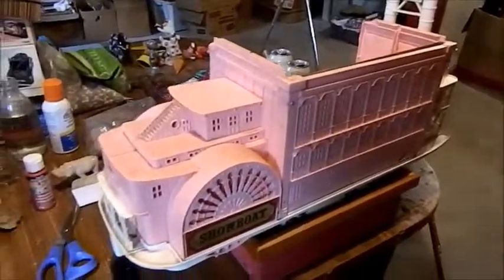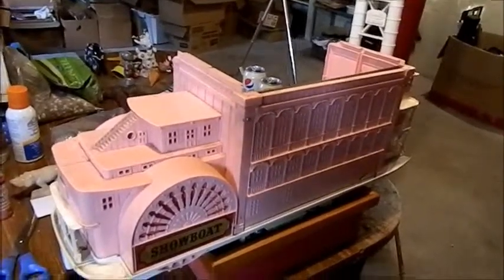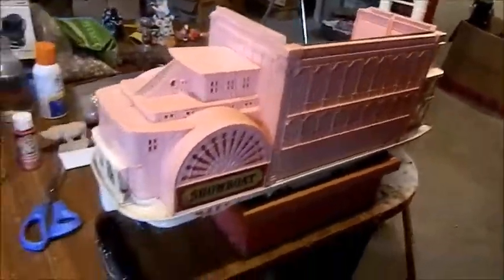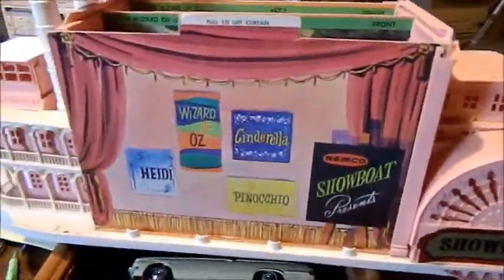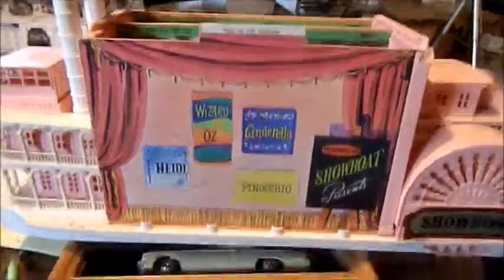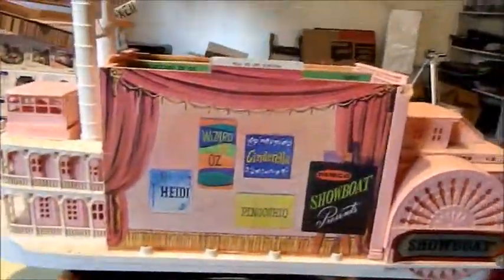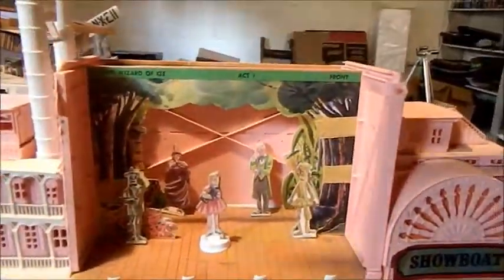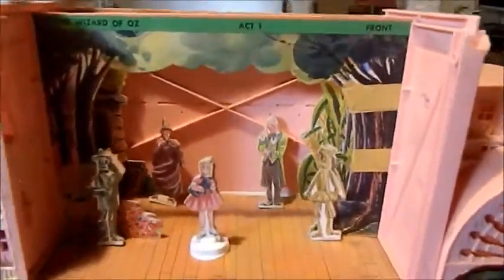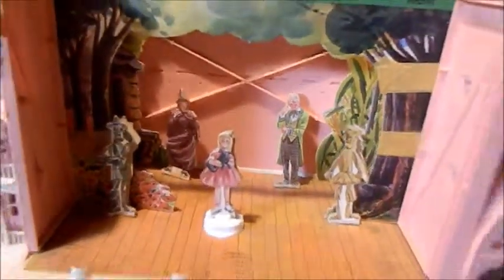and I'm going to do that in a moment, it also has a stage for productions. You see, the set came with a number of different plays, but we'll get into that in just a moment. Here we're set up with the curtain in place for the upcoming show, and I'm using for the purposes of this one the Wizard of Oz. And as the child would pull this up, there would be revealed another set or two. I don't have the way back one, but